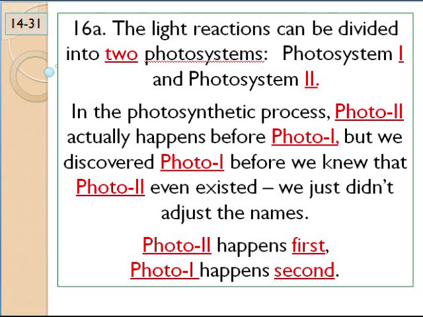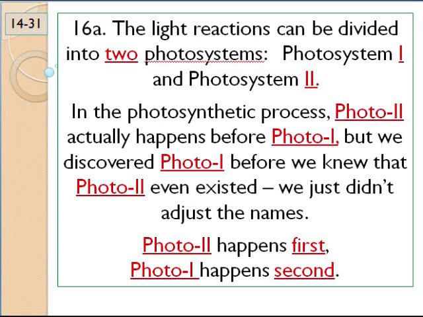That's why things appear to be confusing. Just remember, it's only because we discovered the second one first. And we didn't know the second one even existed. I'm getting confused talking about it. But the whole thing is,